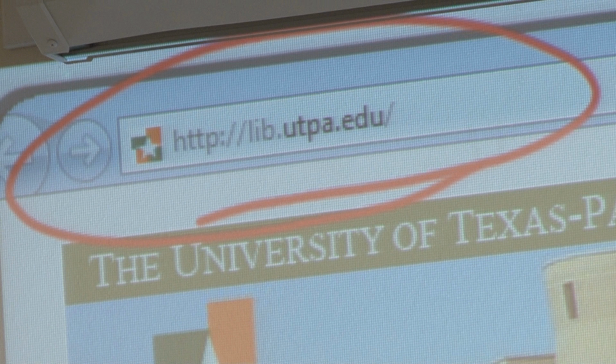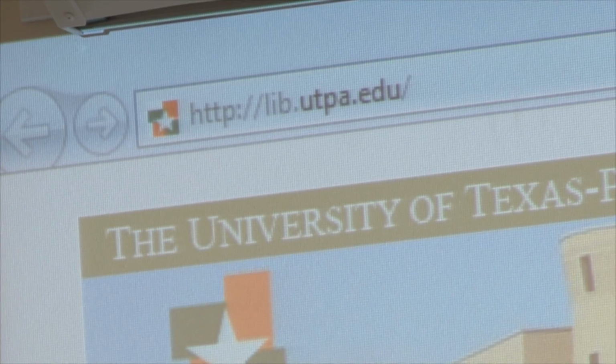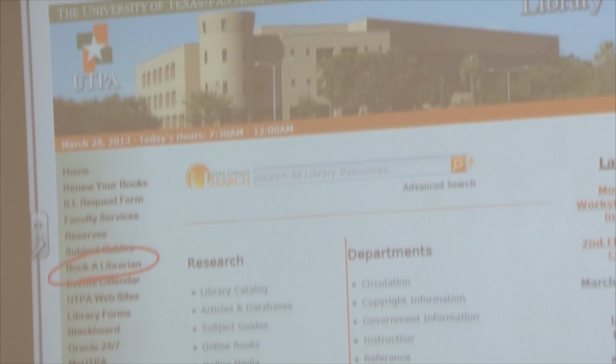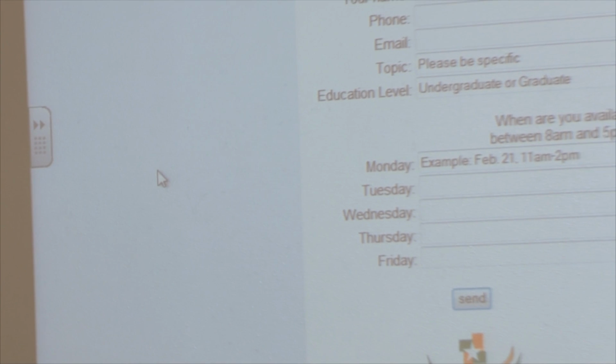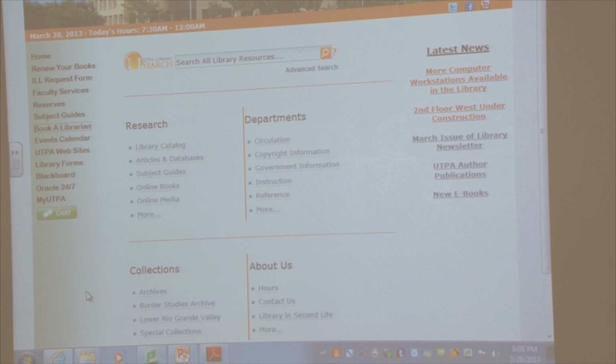Okay. The web address for our website is lib.utpa.edu. Okay, that's also on the front of your university library brochure. On the sidebar of our webpage, there is a link for our Book a Librarian, and you can pull up the web form there. Or if you go down to the chat button on our webpage,